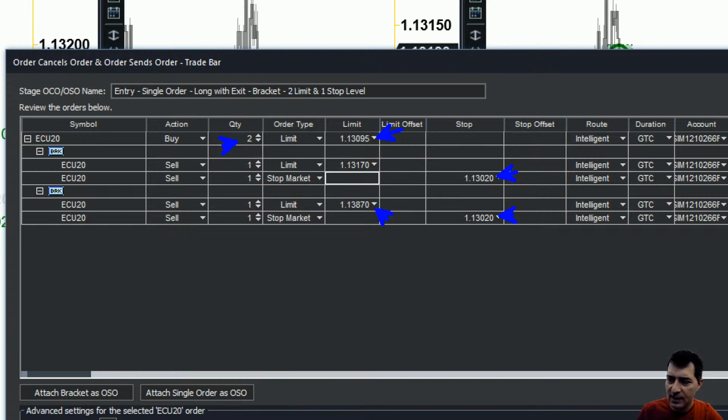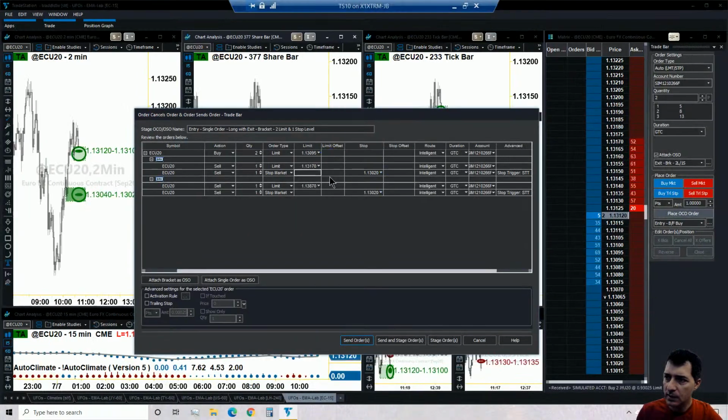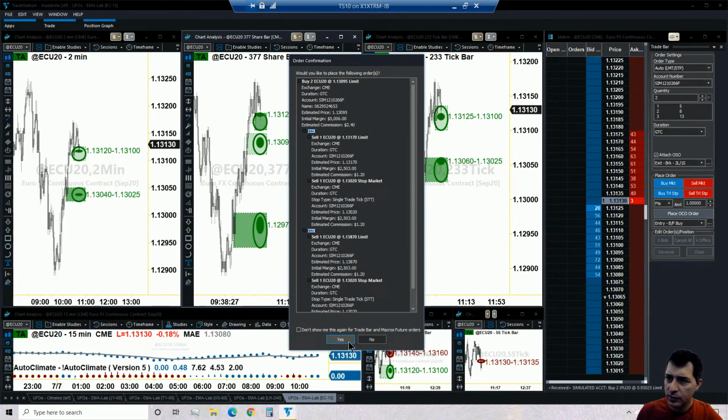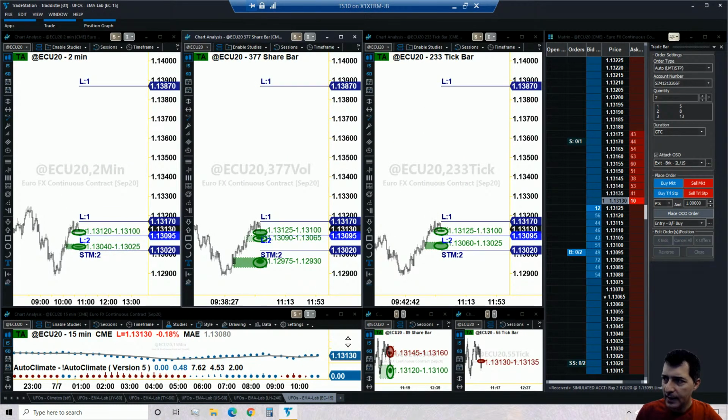One of the contracts is exited for the final target at 113.87. The other contract is only looking for safety with a safety target located at 113.17, as we just calculated using a calculator. Okay, so I believe it's all good, and therefore we are ready to go. So I'm just going to send the order. 1, 2, 3, yes. The order is in the system, and we are just a few ticks away as well.